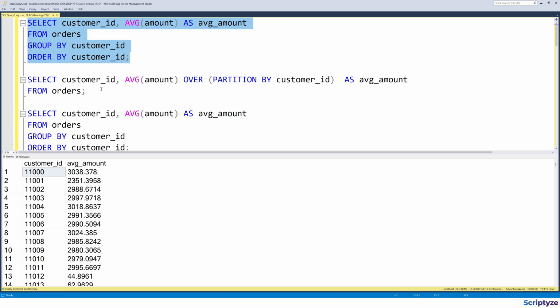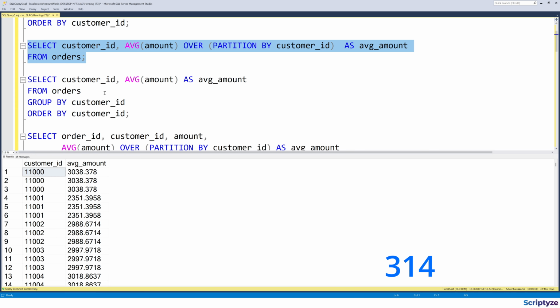Friend, quick question. Why does this query lose rows? Why does that one keep every row? If group by and window functions both aggregate, which one should you use and when? In the next few minutes, I'll show you a simple rule of thumb, live examples and a checklist so you